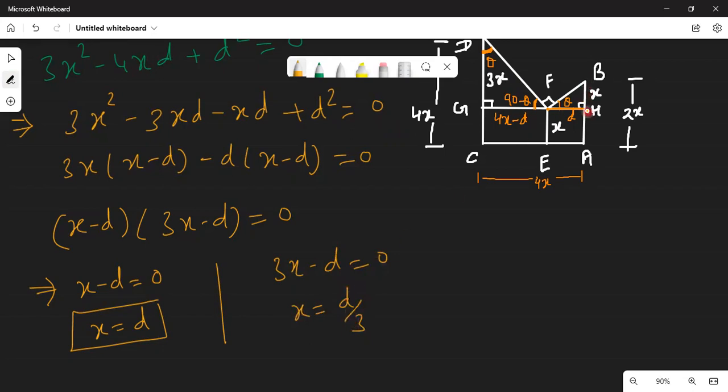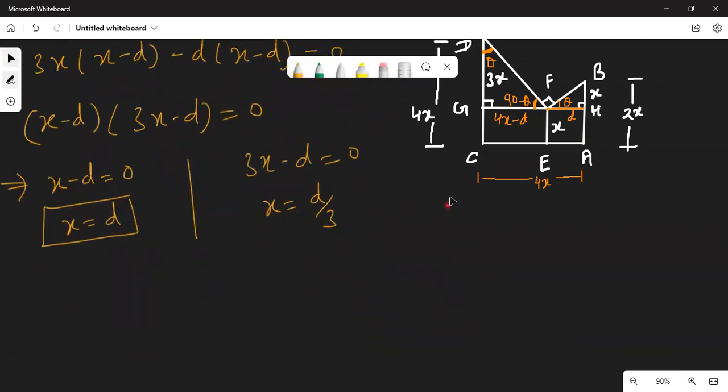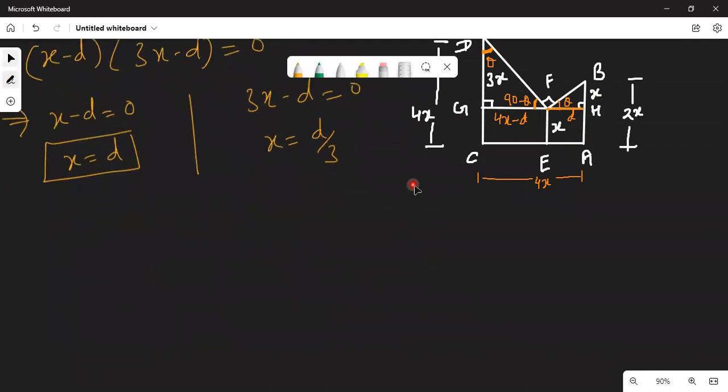That means this length x here should either be equal to d, meaning x is equal to d, and this is 4x, meaning a quarter of this. It looks like x and 4x total, 1 and 3. Now we'll take both cases: when x is equal to d, and when x is equal to d by 3. So case 1, if x is equal to d, they're asking us to find the ratio